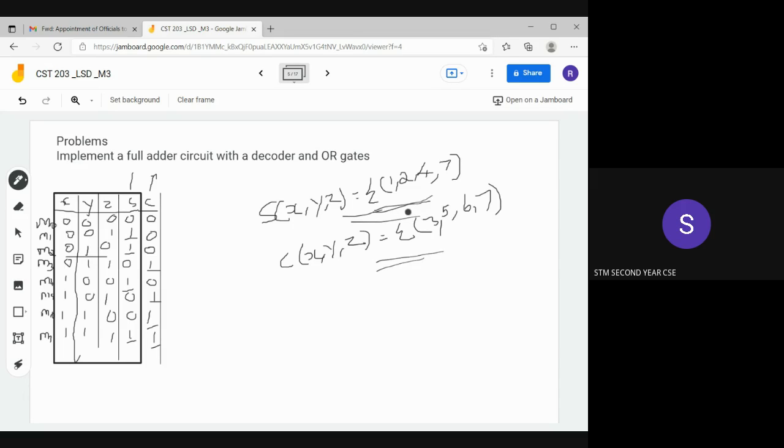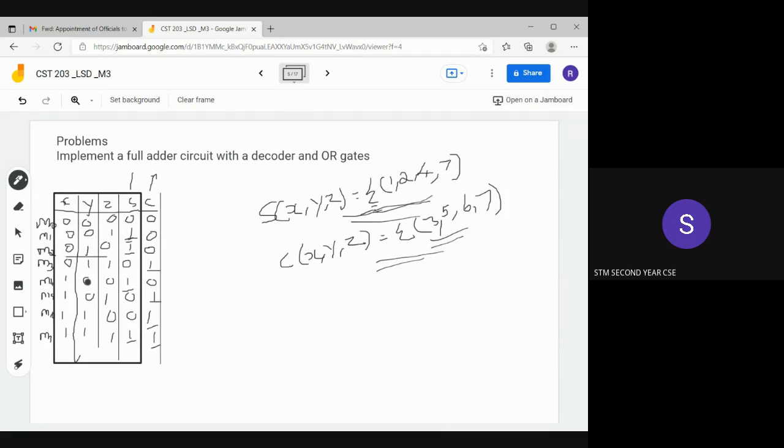equations. We will represent it using an OR gate: 1 or 2 or 4 or 7. In the situation where any of those min terms comes, it has to generate sum. Okay, 1 or 2 or 4 or 7. Similarly, 3 or 5 or 6 or 7, it has to generate a carry. Okay, so that is the logic. Now we need to design the